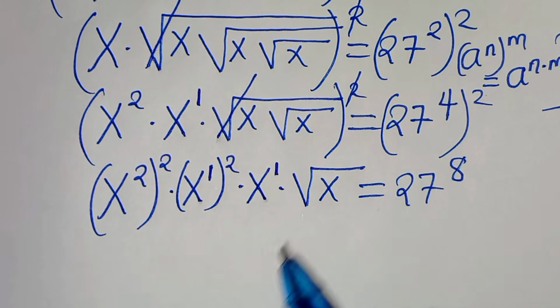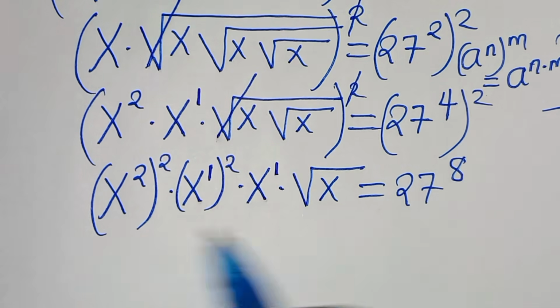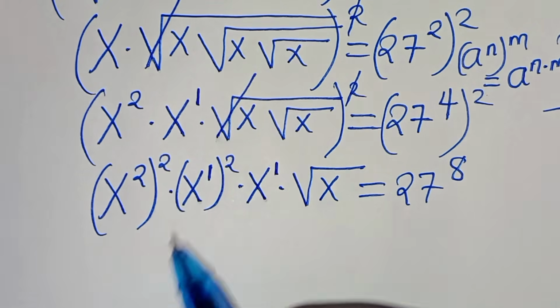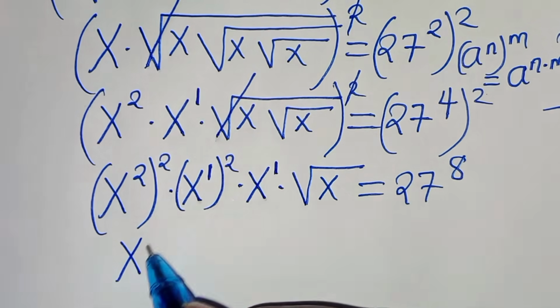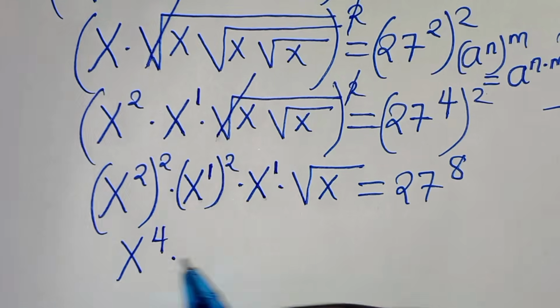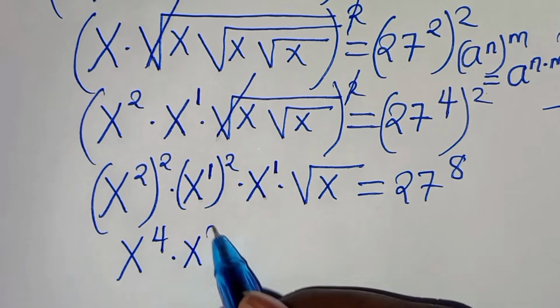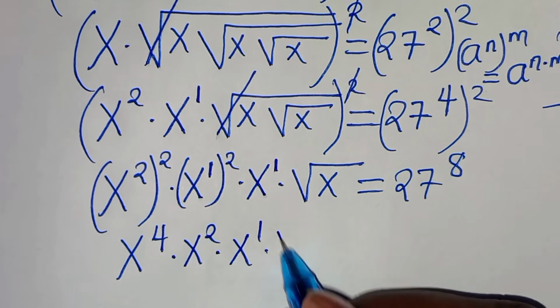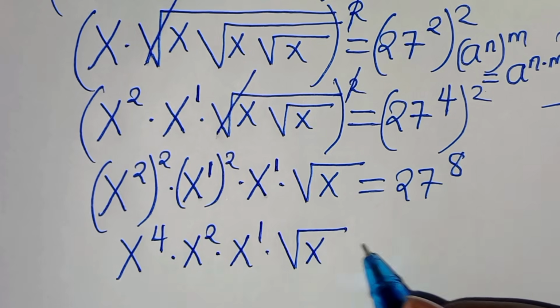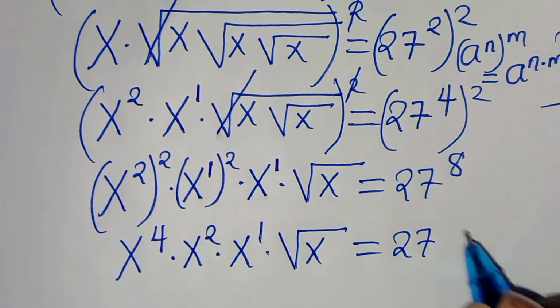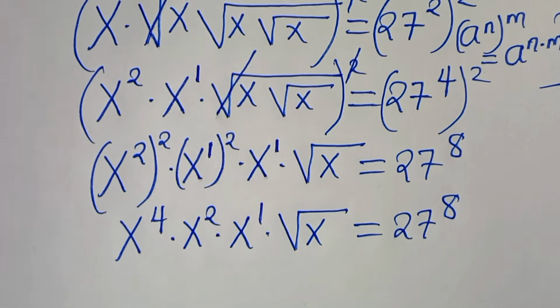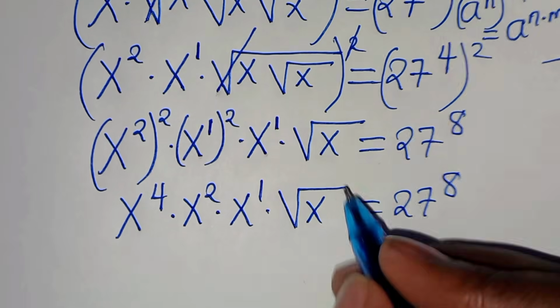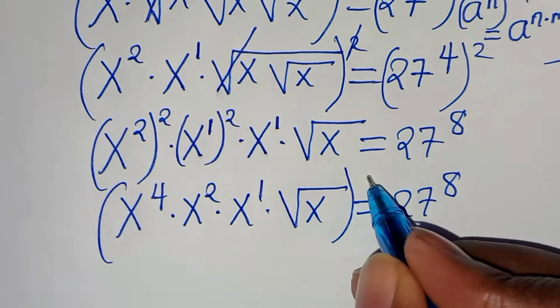Now the next step, again here we have x to the power of 2, to the power of 2, this is x to the power of 2 times 2, this is 4, then times x to the power of 2, then times x to the power of 1 multiplied by square root of x. This is equal to 27 raised to the power of 8. The next step is to square again on both sides,